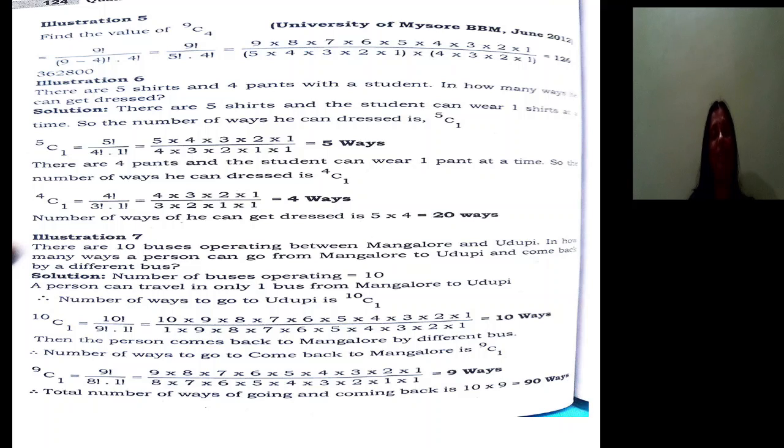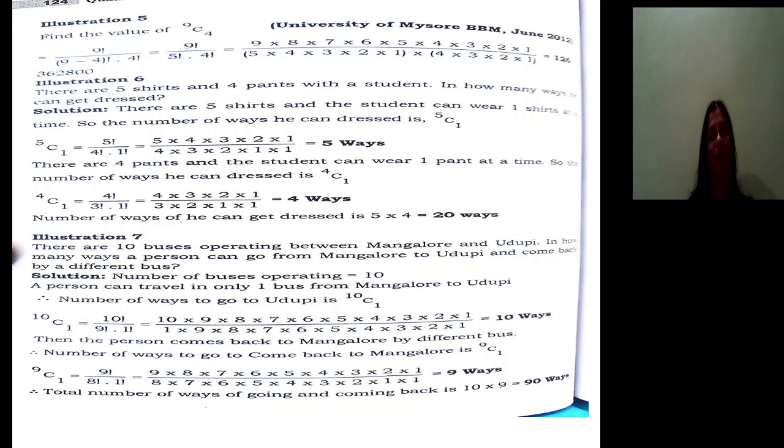So number of ways buses operating is 10. A person can travel only in one bus. He cannot travel at a time in 2 buses. He can travel particularly in one bus. So 10C1 is the answer. Answer is 10 ways. So next question they asked is, in case while returning, if he go from Mangalore to